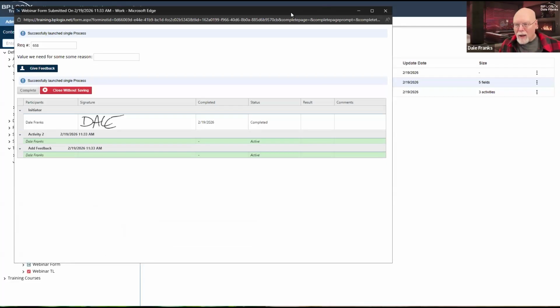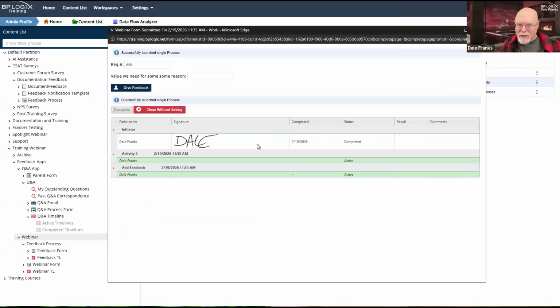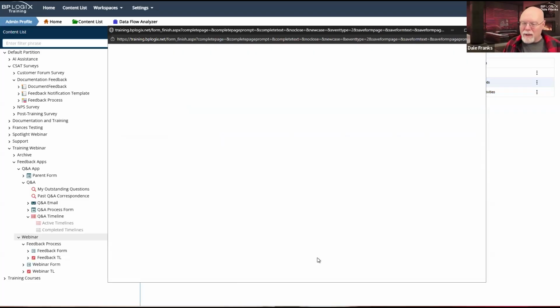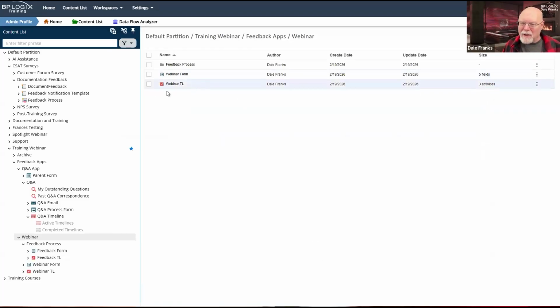Now, I kicked this thing off as a sub process. So please note, I've got add feedback showing up there as a sub process activity in my process timeline. So let me just go ahead and complete and complete. I have too many activities.